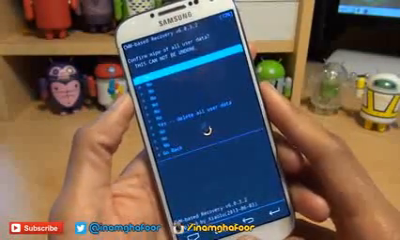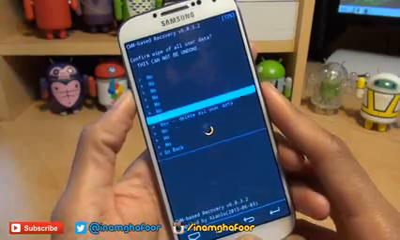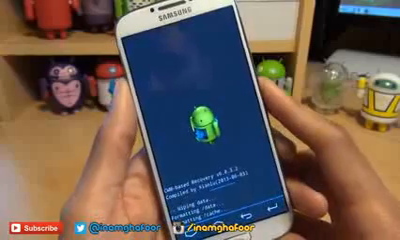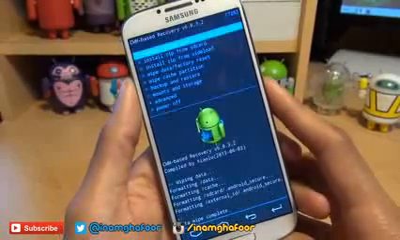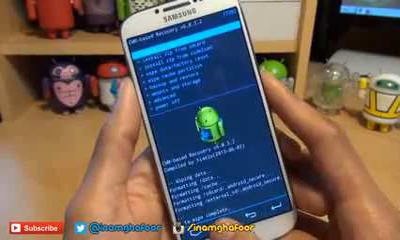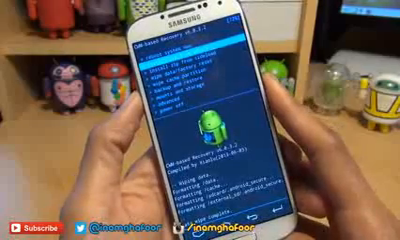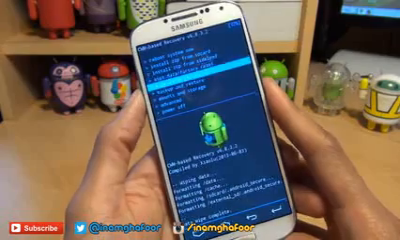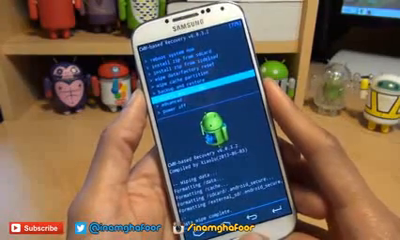So wipe data, confirm the deletion of the data, yes, delete all user data, and then it'll go through the motions, as you can see, to delete. That didn't take too long. You can see it says data wipe complete and the menu system pops back up along the top here. So we've done a wipe data factory reset there, and then we're going to go into mounts and storage, and